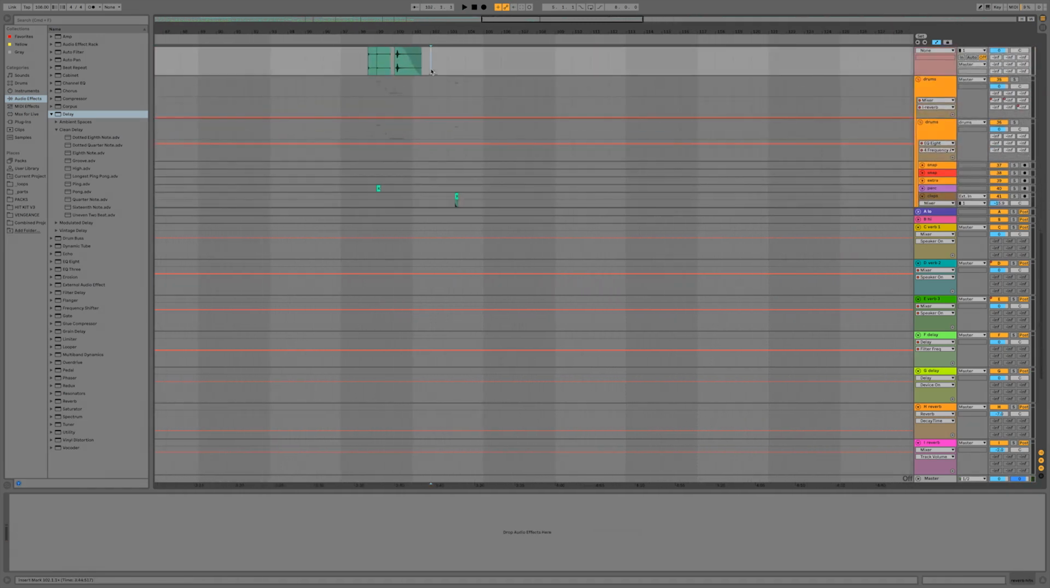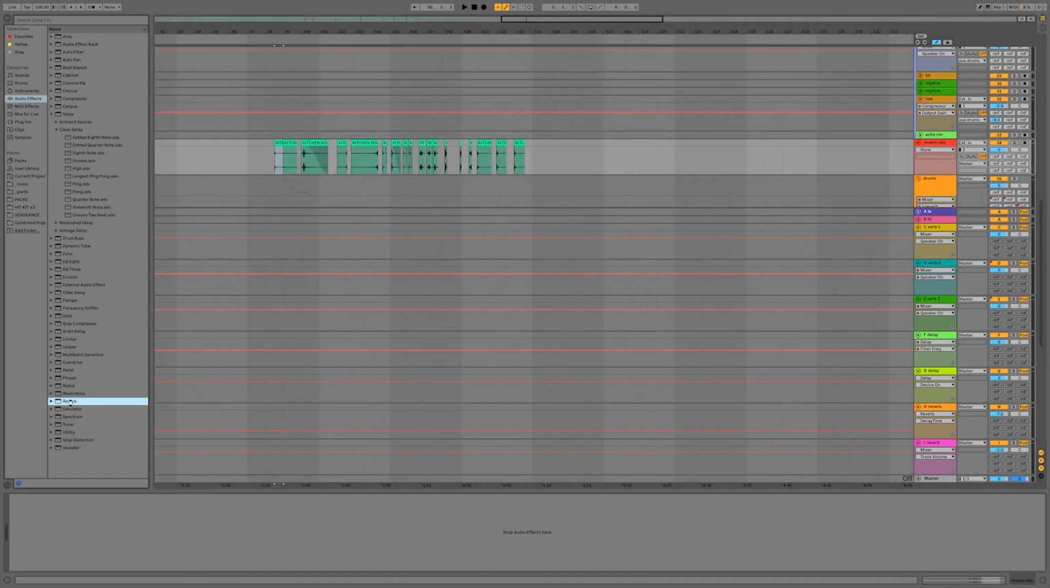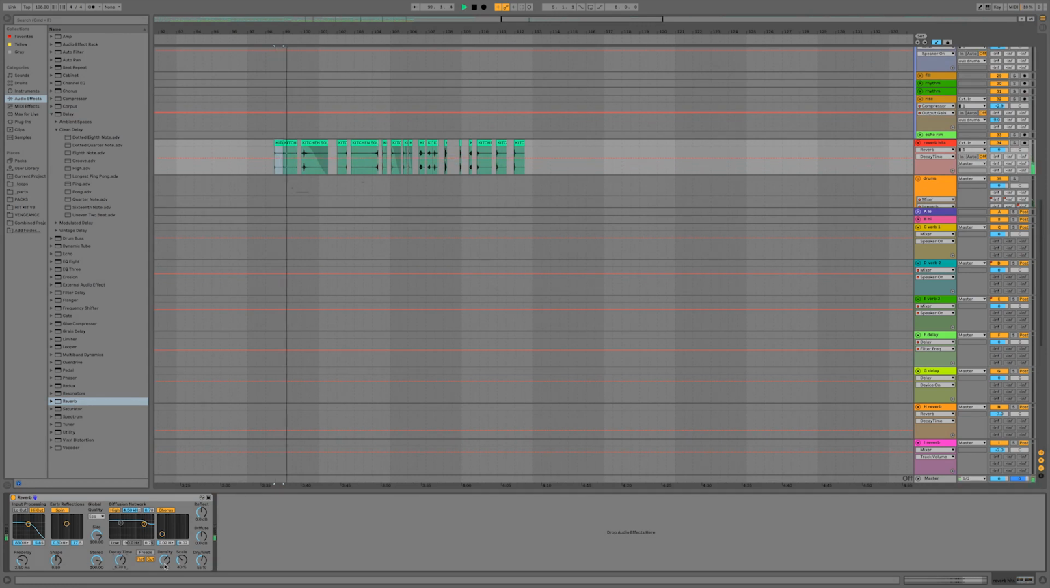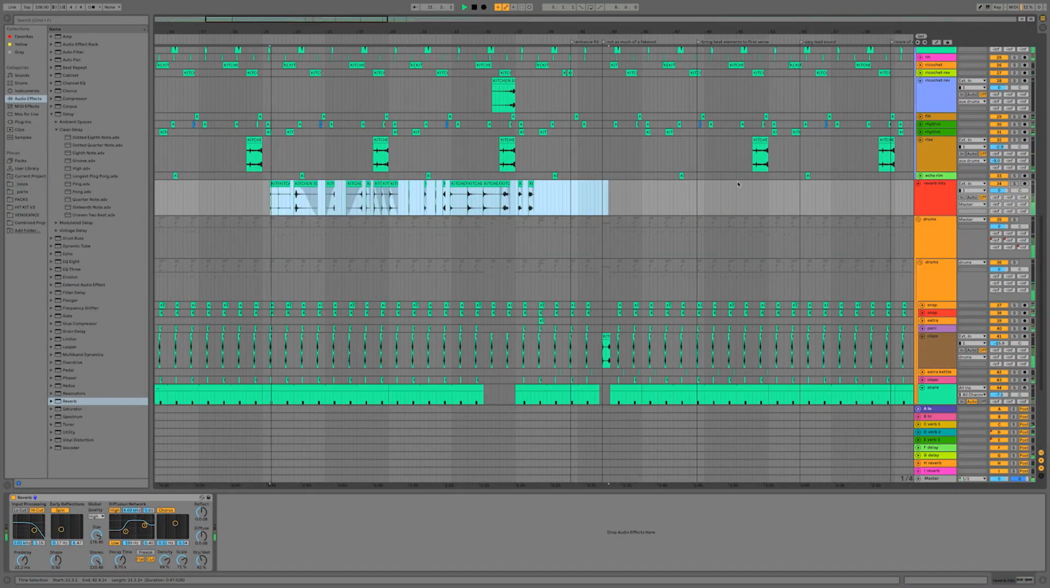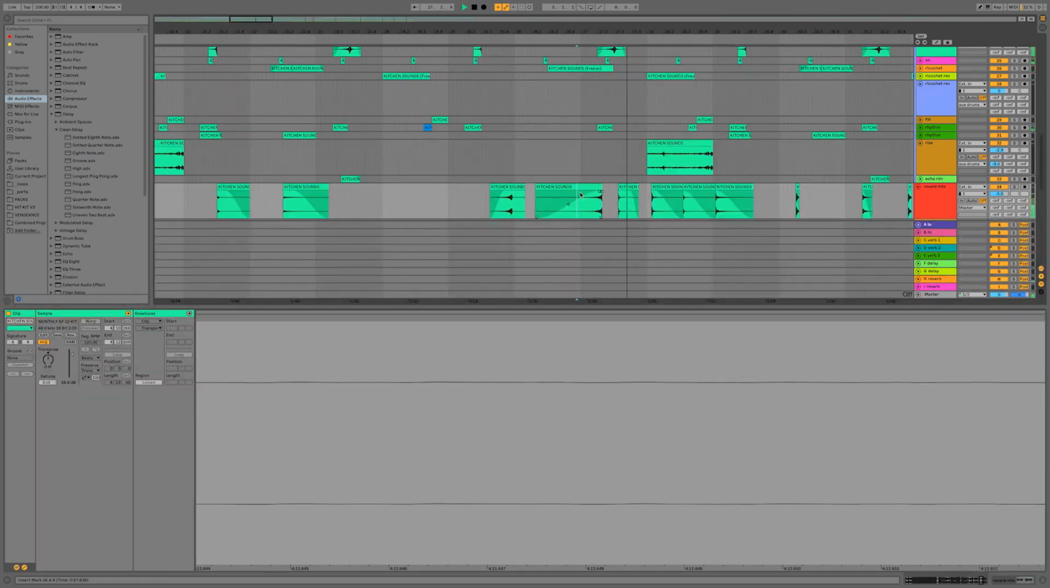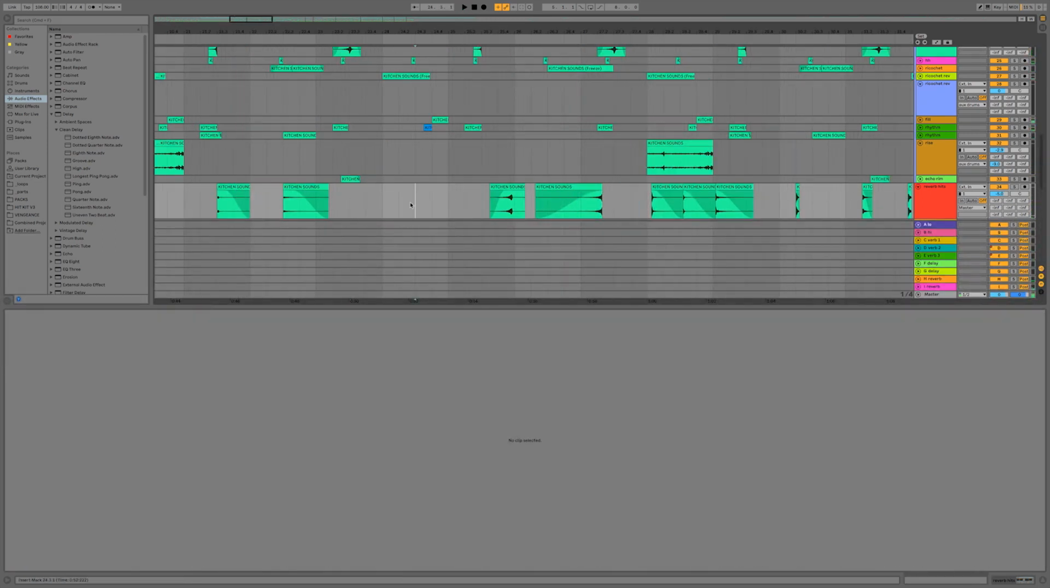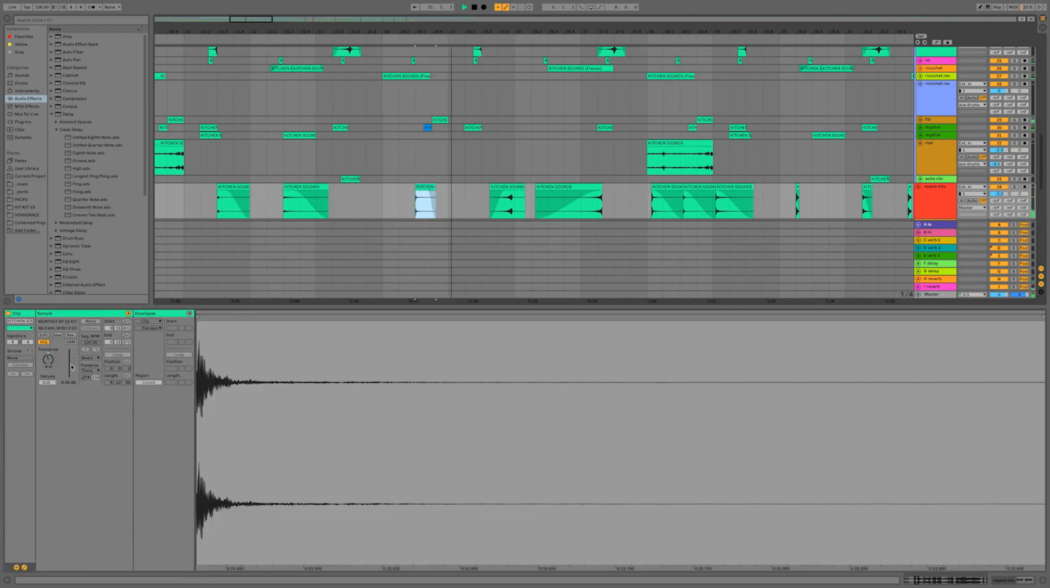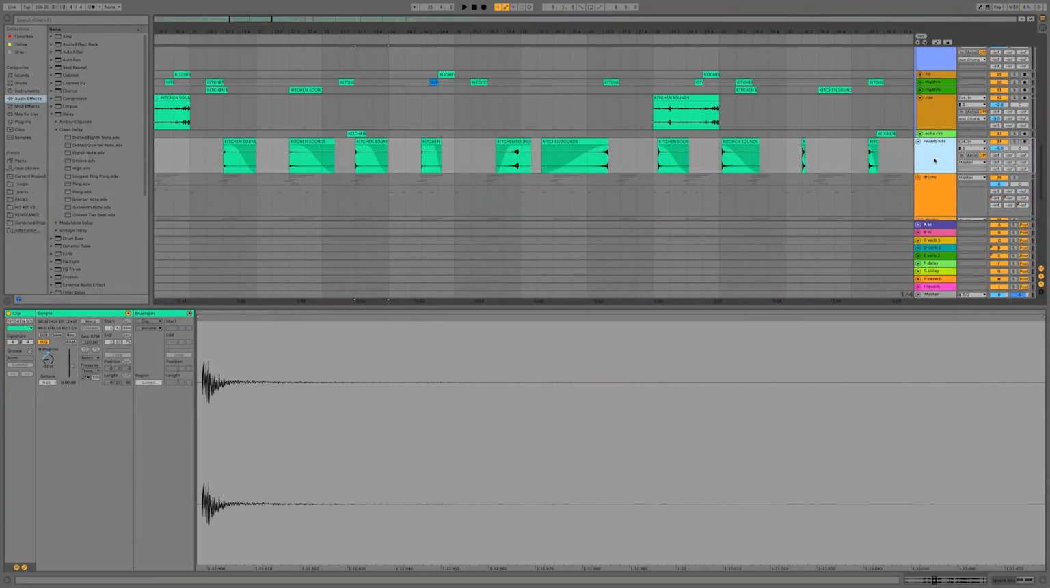Collecting all of this stuff. Okay, reverb on this track. I want a really long reverb. Let's start dropping them in. So I started by adding a bunch of these as just accents on the snares, and there's one that I